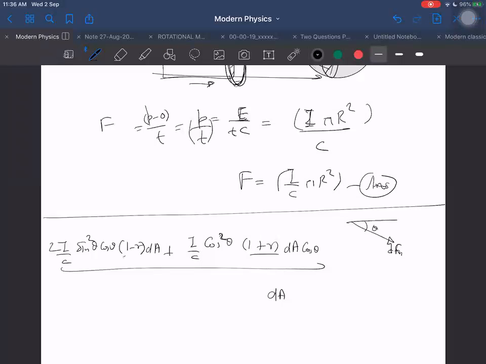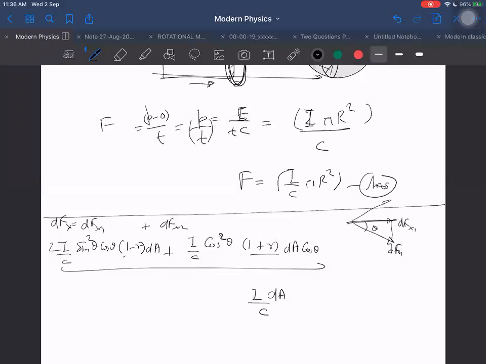So what we are getting if I add them directly means, rather than taking separate integration, I could have done this way also, that dfx one term and dfx second term. Both terms we add together, dfx1 plus dfx2. That will be a single dfx and we can integrate. Yes, definitely we can do that. What are we getting by this way? 1 minus r, 1 plus r. We can write dA, I and C taken common.